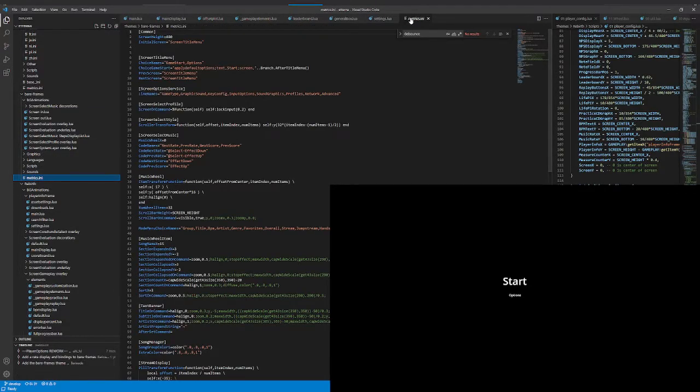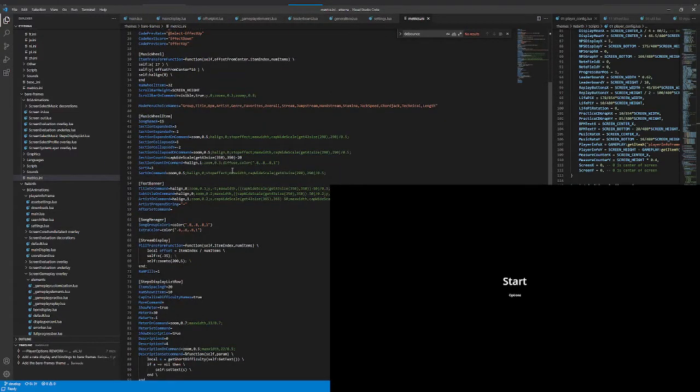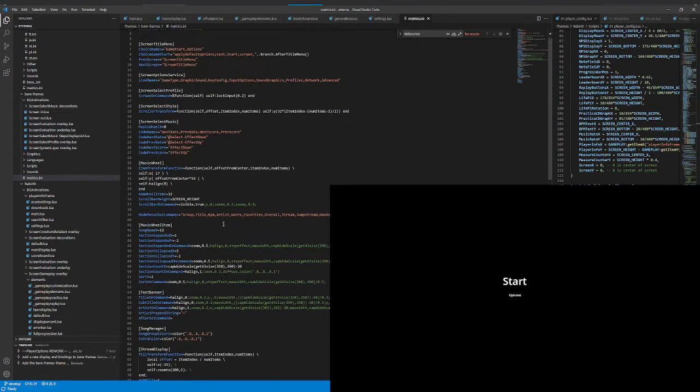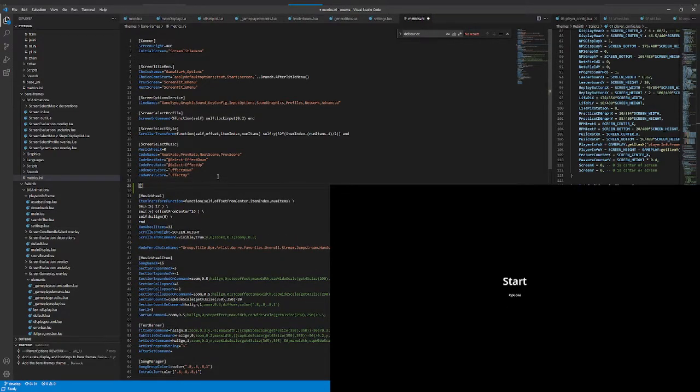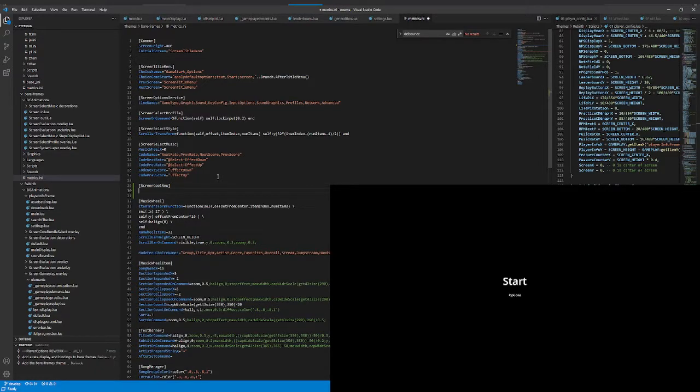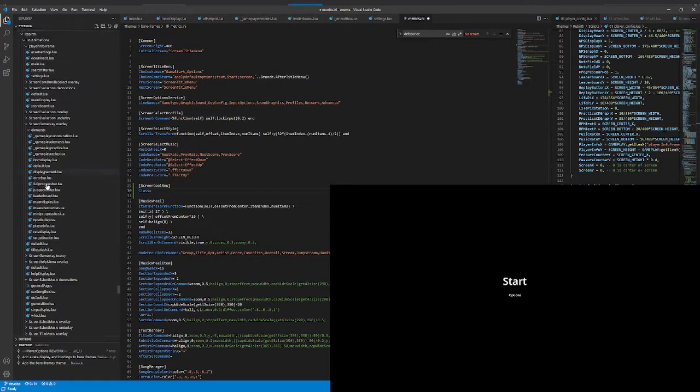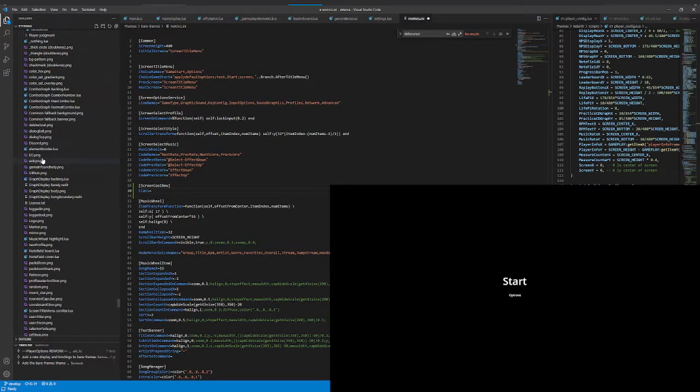Basically, we can look at this metrics.ini. Let's go there first. The new screen we're going to add is literally brand new, so let's just add it. We're going to call it screen cool new. It needs a screen class and a fallback and a previous screen and a next screen. I don't remember how to do that off the top of my head, so I'm going to go to an existing example